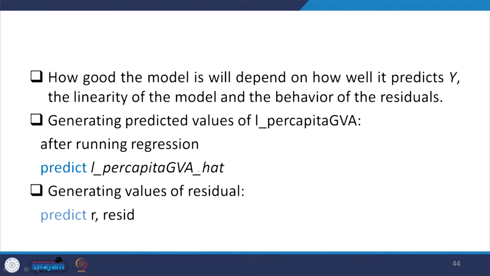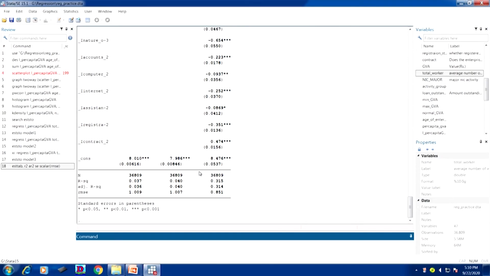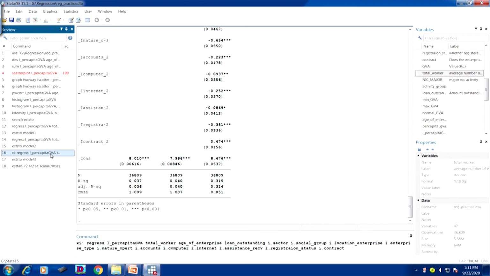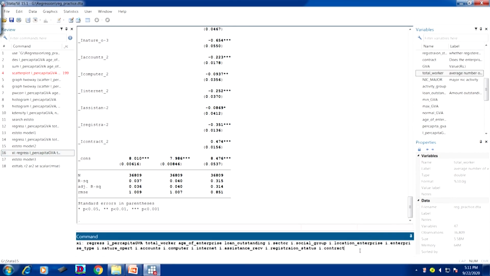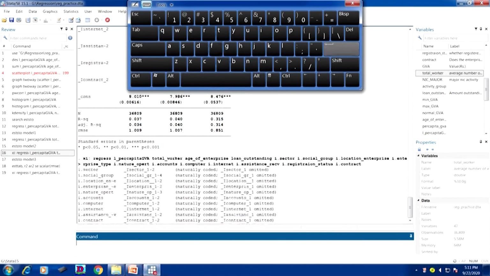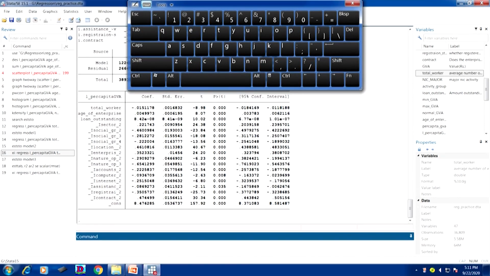Generating predicted values of the variable of interest after running the regression is very important. Okay. So, generally we use predict, then the variable name. Once our regression has been run, let this be the regression. Okay. So, if you simply enter it, we get the regression result, followed by predict.